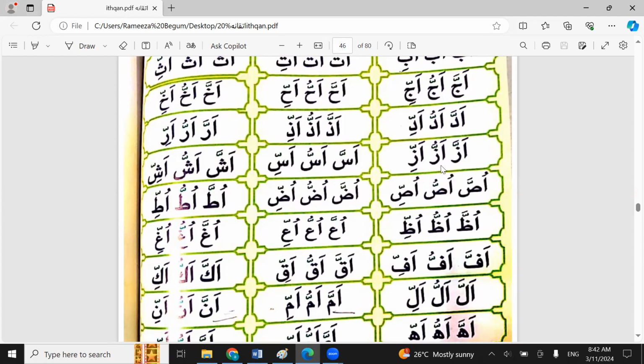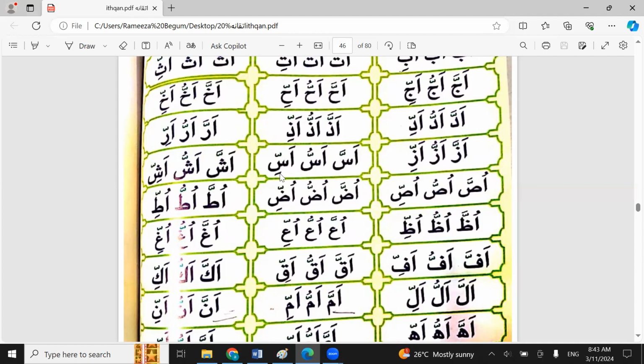Azza, azzu. Here only we will have that Z buzzing sound, and the other letters are lightly pronounced. Azza, like the th in Allah, where we will keep the tongue out, and for the zal also azza, the tip of the tongue will be out of the lips, like that. So this only we will pronounce with the buzzing za sound. Azza, azzu, azzi, assa,